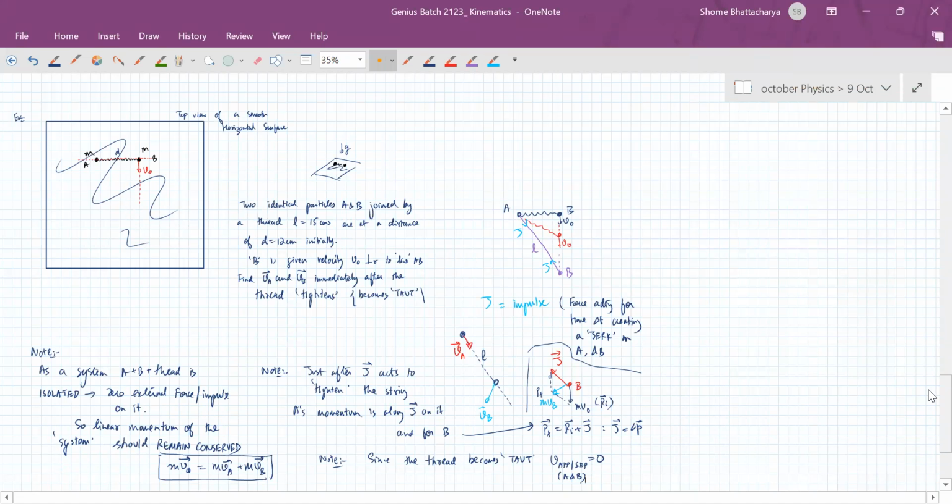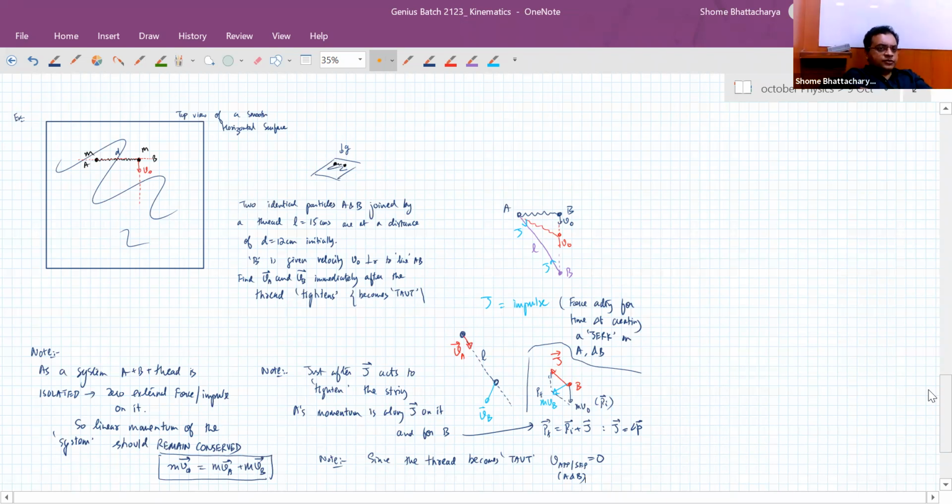So is it the same concept when we release a spring from a certain height and the lower end of the spring does not move down until the first part of the spring reaches till the down part? Yeah, but the thing is that, if it is fixed to the ceiling, then when the string becomes taut, there is an external force acting through the pivot point where it is attached to the ceiling. Got the point? Yes, sir. Momentum will not be conserved over there. Okay.